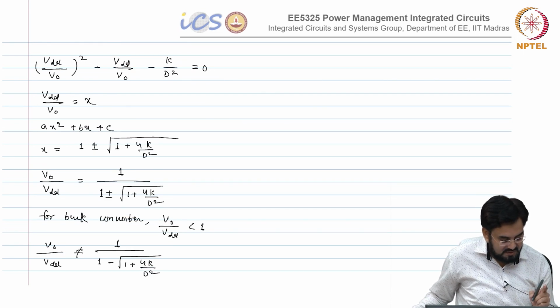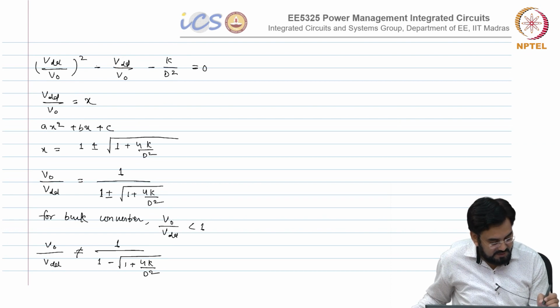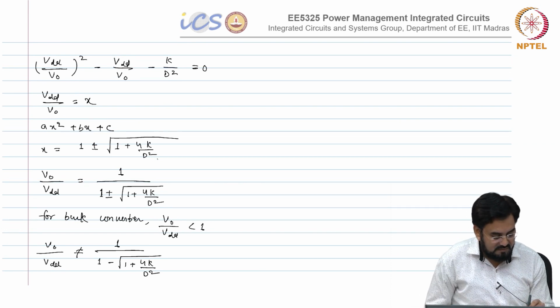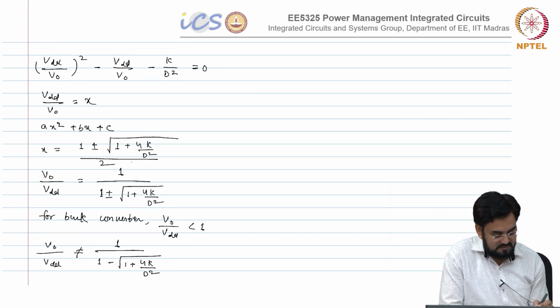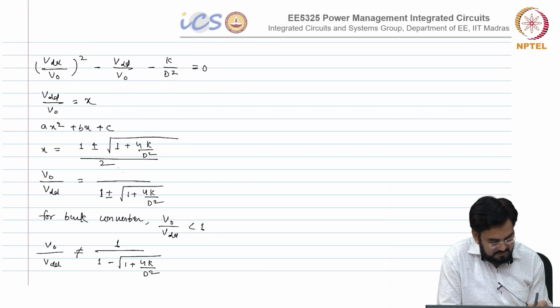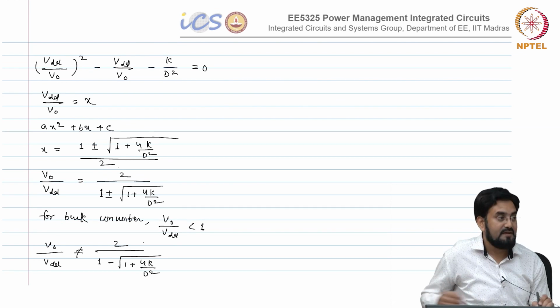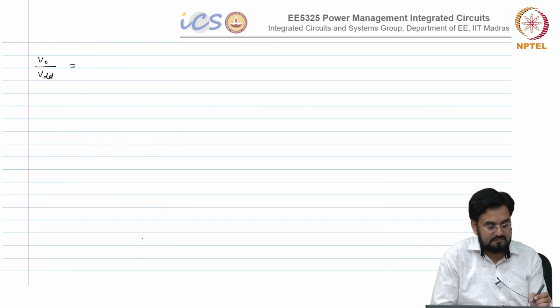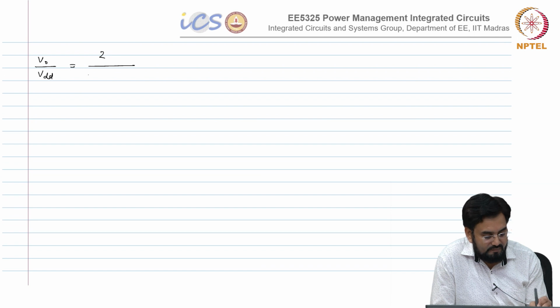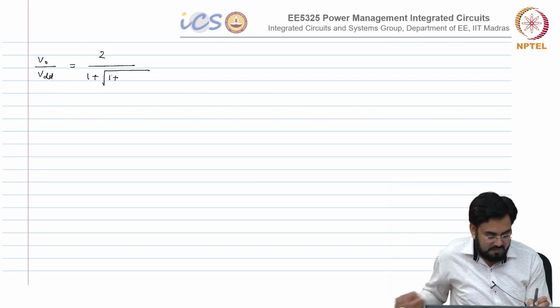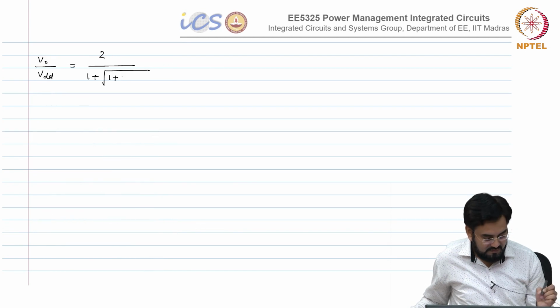There were 2 terms, there should be 2, divided by 2. Okay. One plus 4K